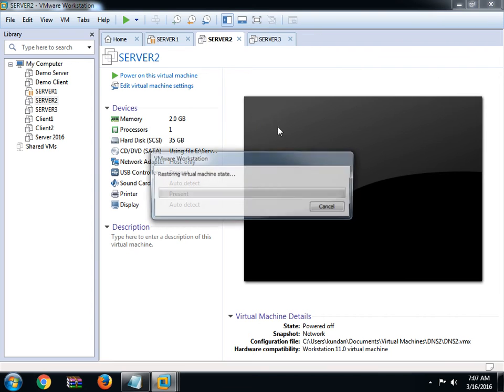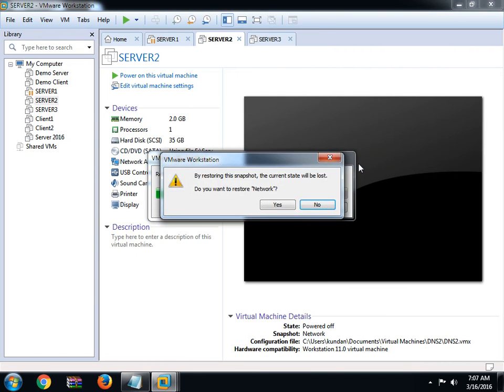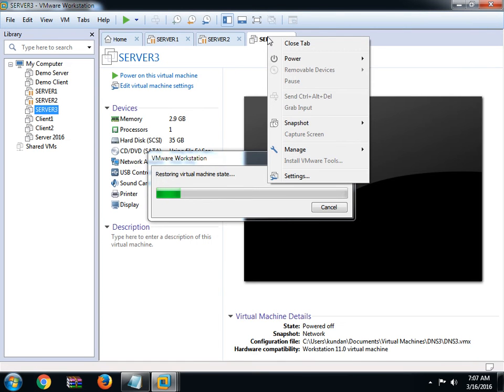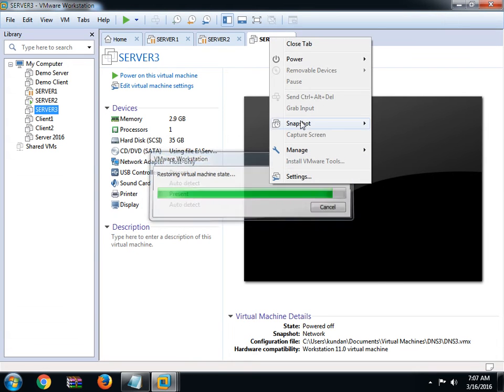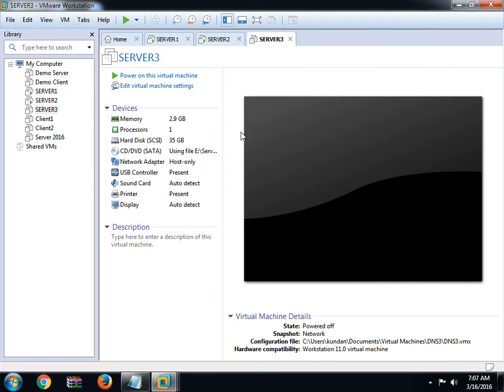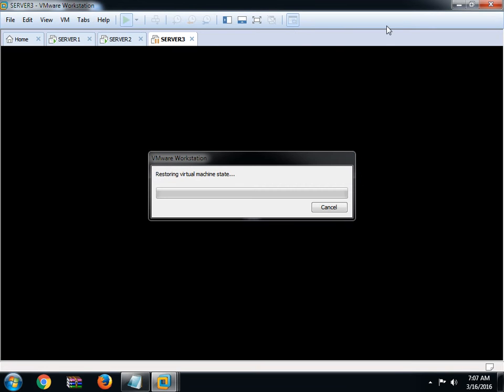Right click, snapshot. Here simply network we have. Right click, snapshot. Network we have selected. Okay. It will take some time.